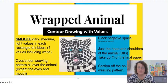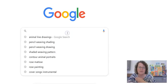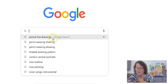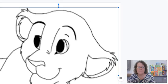All right, I'm just going to help you get started on finding the animal that you want to work with for wrapped animal. So the first thing you want to do is think about contour lines, just line drawings for animals. You can do this with a Google search. You see I recently did that: animal line drawings. So you can just get the simple line drawings